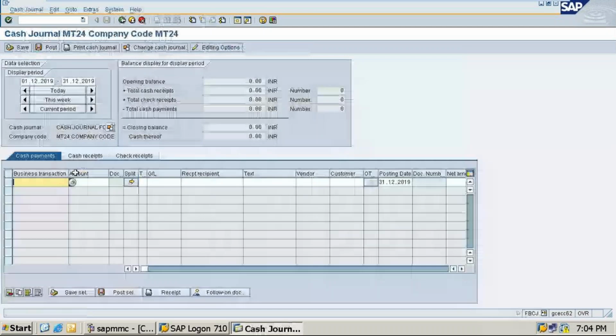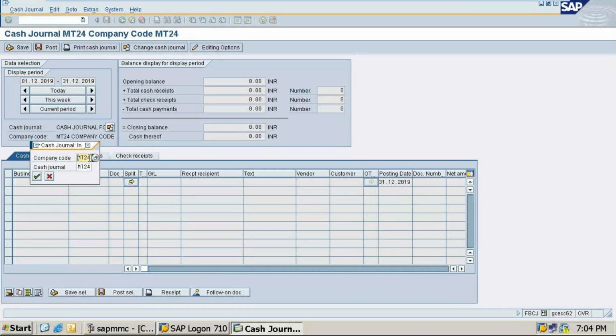Once it is done, the screen will be like this. Cash journals for MT24 is displaying, but I need to change this company code. Where to change the company code? Here we have the company code. One second, let me do that. Change cash journals.